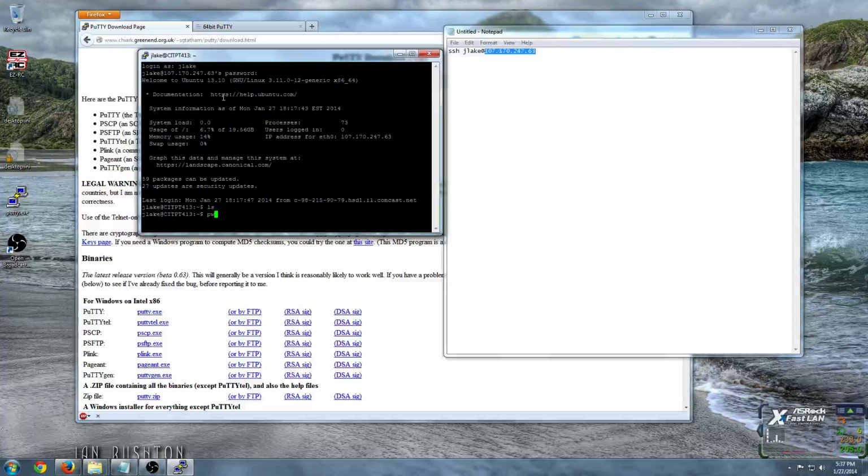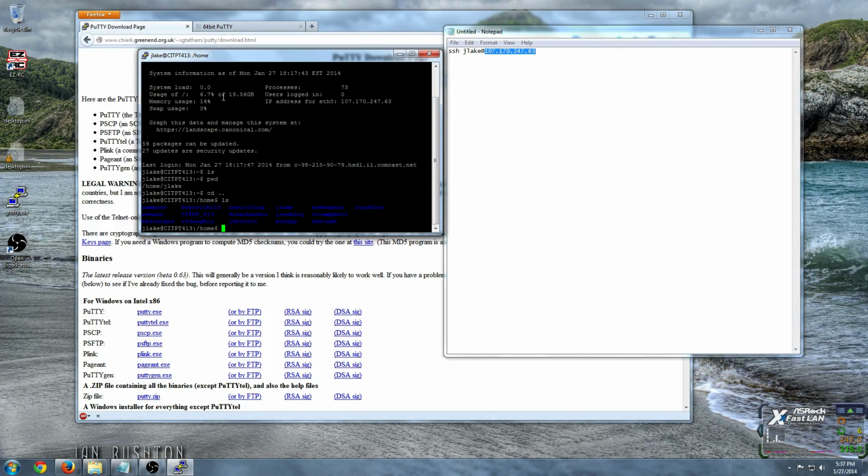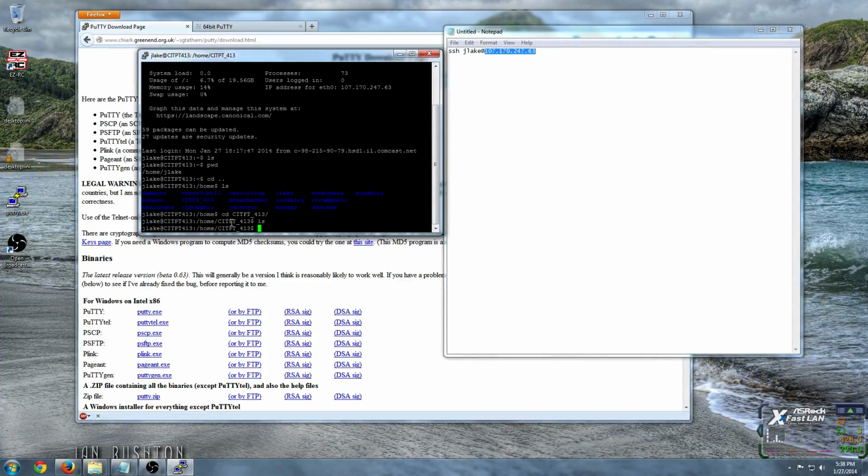So I see there's no files. Where am I? I'm at home, JLake. If we go back, you'll see all the students have an account here. And then there's also this CITPT 413 folder, which everyone is going to have access to. Right now it doesn't have anything in it, but that's kind of where some files and things are going to go in the future for when you need to actually log into this system. So if I go back to my home dir,